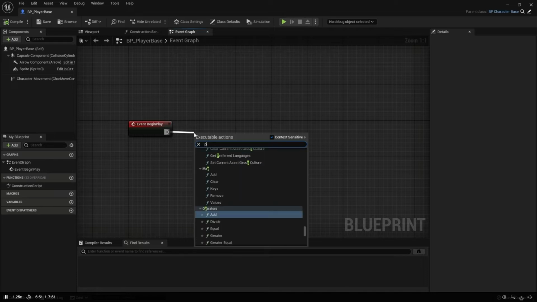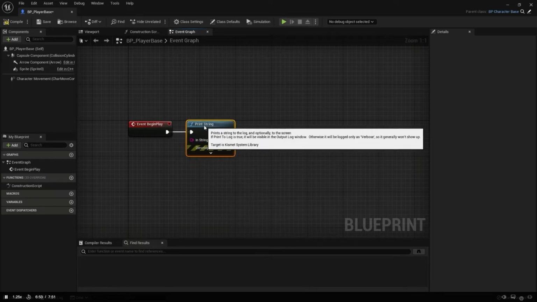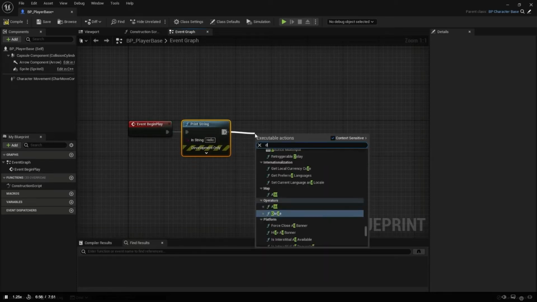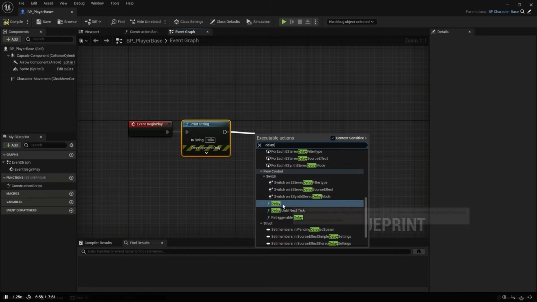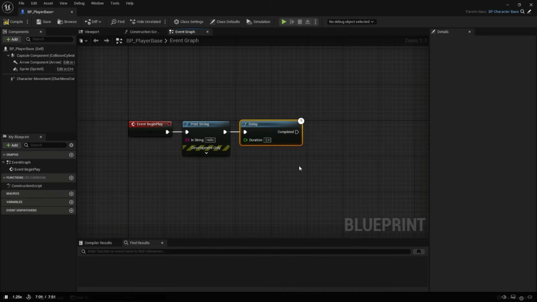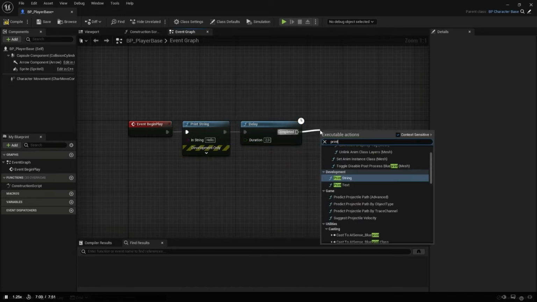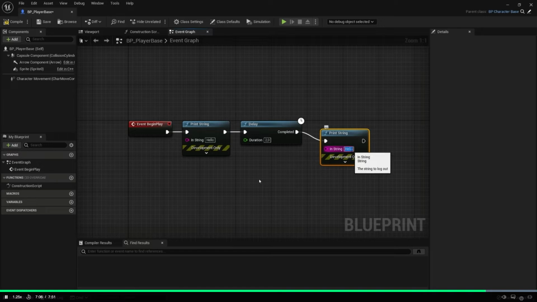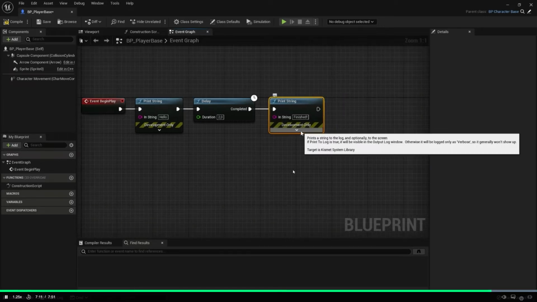Again, if I go here and write print string, there is another function called delay. So I can delay here if I write delay. And then we can delay by 2 seconds, for example, and then we can print another string. And here I'm going to call it finished, something like that. And you can click on this arrow to